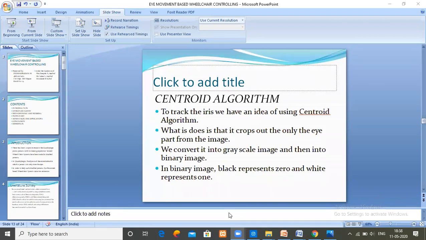That's what. So using their eye movement, we are making a wheelchair move in the direction that they desire. For that we are using a camera, and we apply the algorithms to the camera images. These hardware components are attached to the wheelchair: the Raspberry Pi, the camera, and the motor circuit. The motor circuit is the main thing that drives the wheelchair in a particular direction.